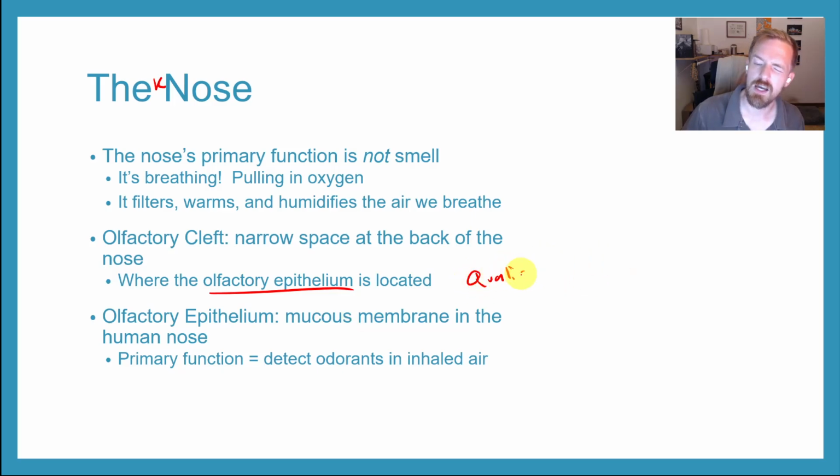And I don't know if I've actually even used that word all semester. I talk about it a little bit in cognitive psychology, but qualia is like your subjective experience of that stimulus. So we're talking about psychophysics. To go back from chapter 1, we're talking about psychophysics, which is the relationship between the objective world and the subjective world. The olfactory epithelium is what's going to help you convert that into something that your brain can understand.